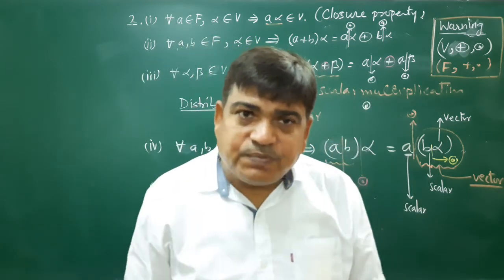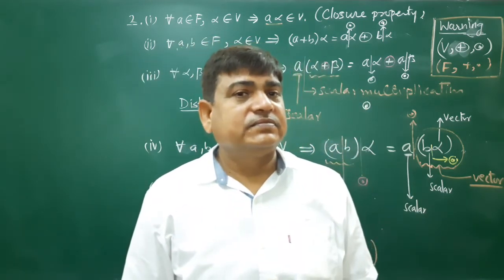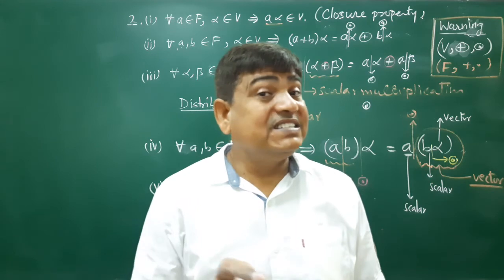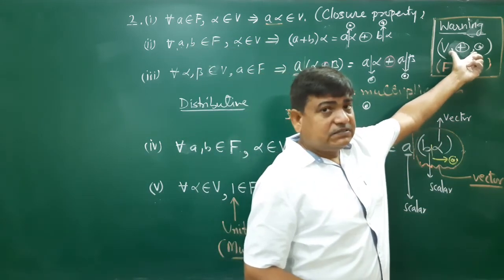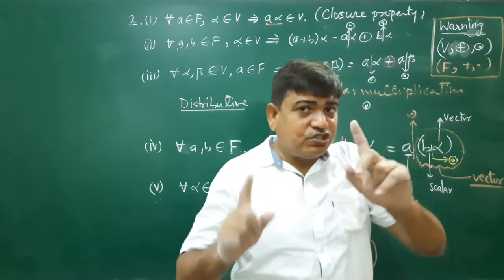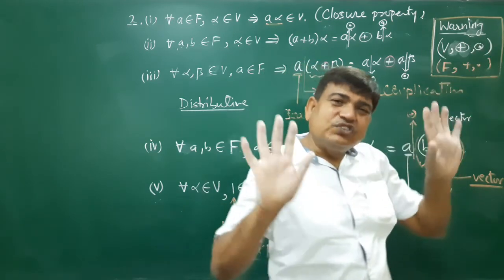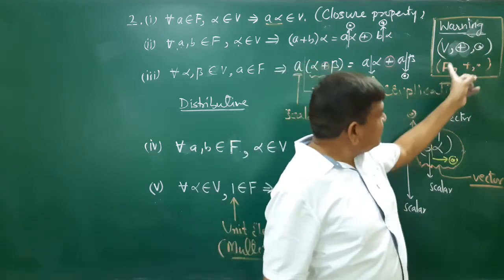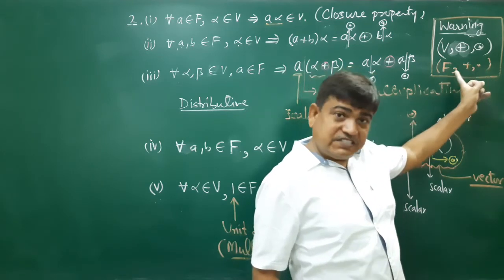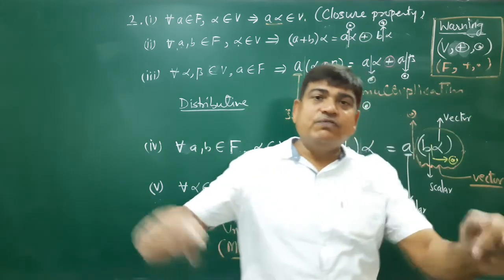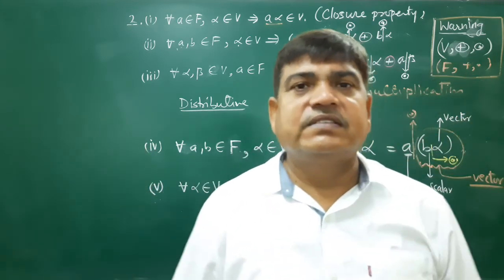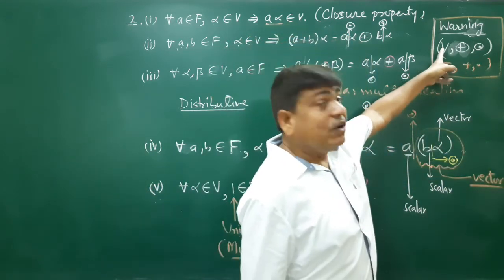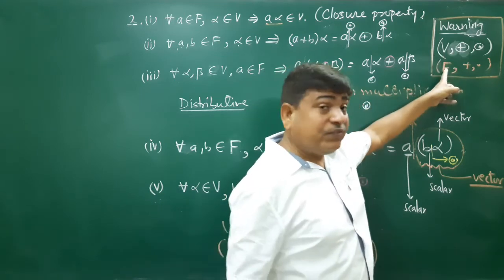So a vector space is a triple. Pair means two members, triple means three members. This is also a triple. This triple is a field, and this triple is a vector space. So V is a vector space over the field F